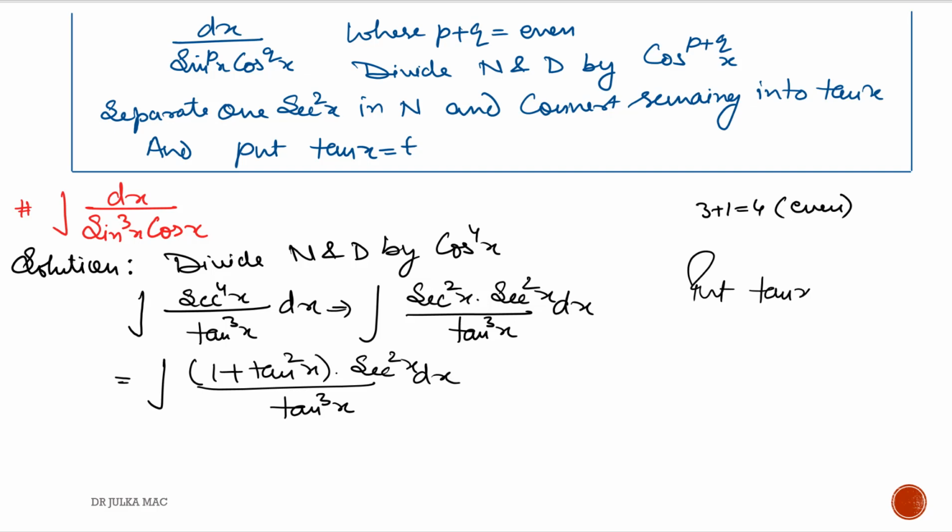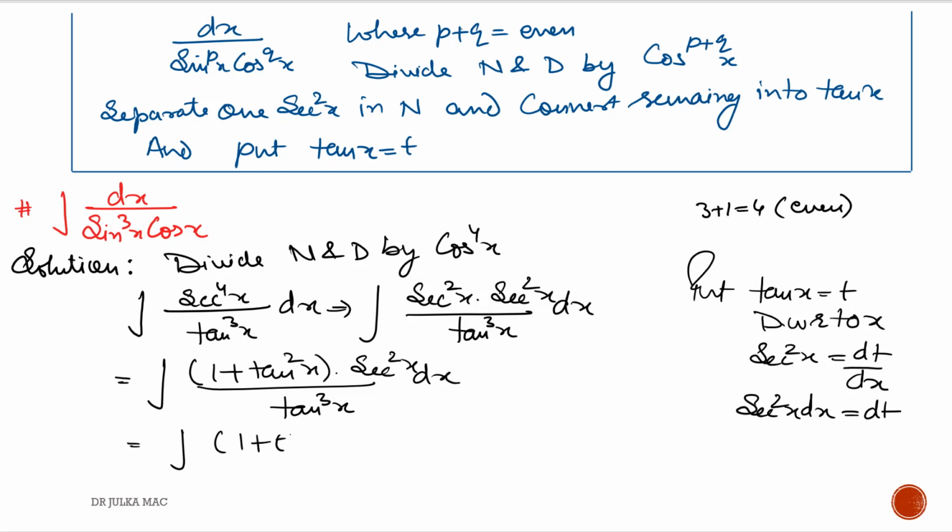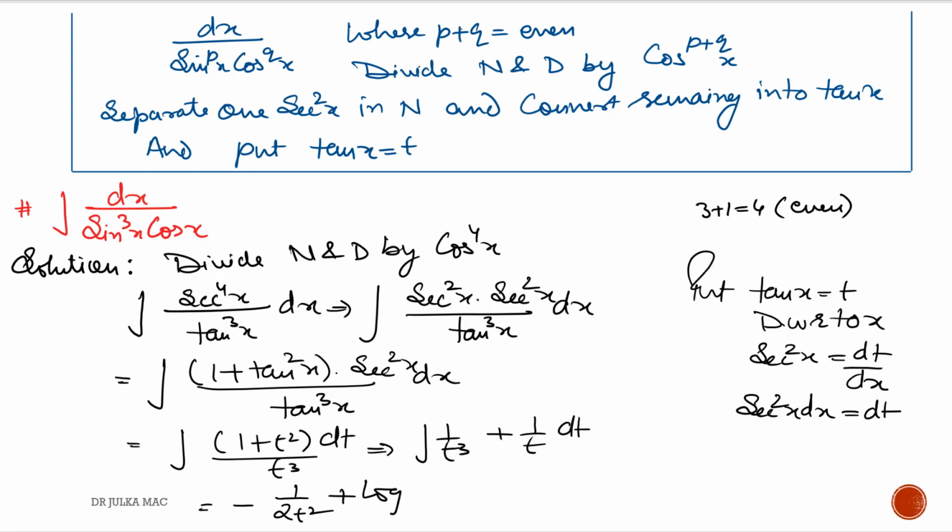Differentiate with respect to x both sides. Sec square x equals dt by dx. So sec square x dx equals dt, and replace tan x by t. So we have integration of 1 plus t square divided by t cube dt. And when we separate this, we have 1 by t cube plus 1 by t dt. And the integration of this is minus 1 upon 2t square plus log mod t plus c. Replace t by tan x, and the answer is minus 1 upon 2 tan square x plus log in mod tan x